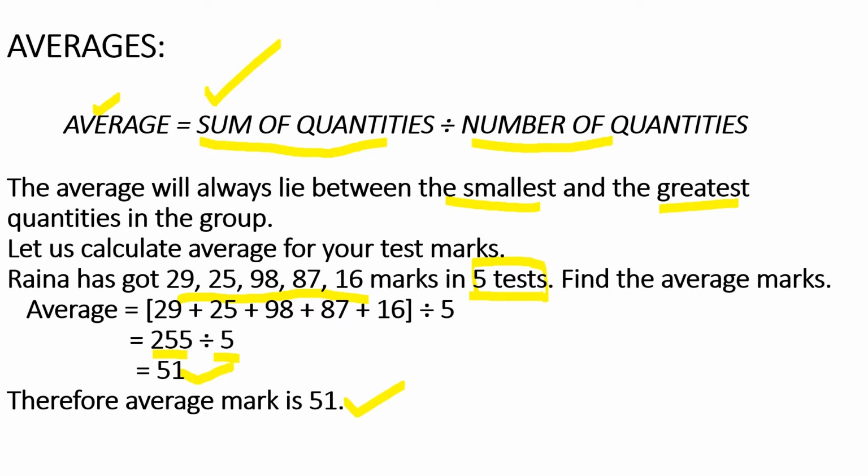So how should we find the average? Sum of quantities divided by number of quantities. It is a formula to find the average. How many quantities will there be? There may be 10, there may be 15, there may be 7. You have to add all those quantities and divide by how many there are. Then you will get the average. Okay. Next,